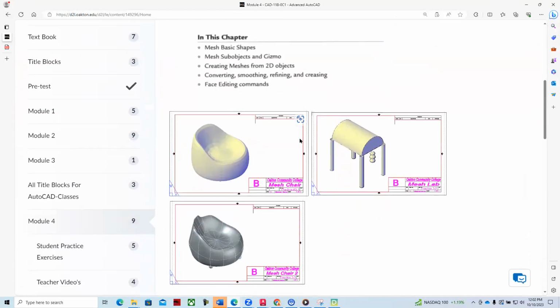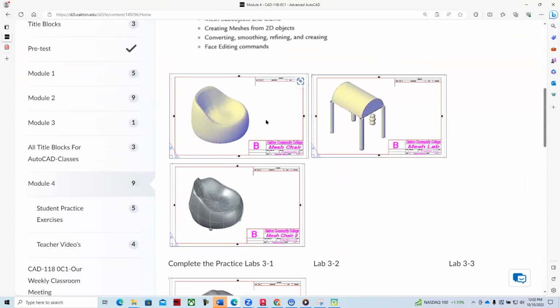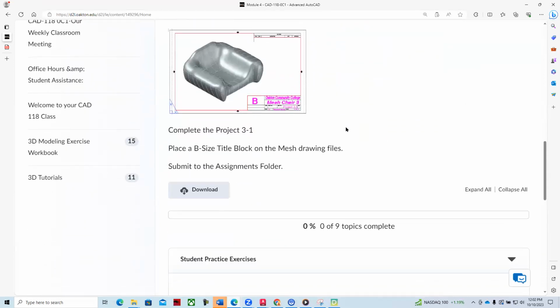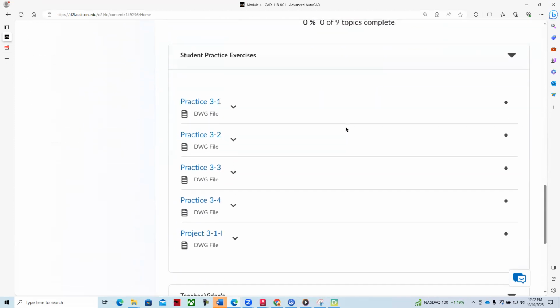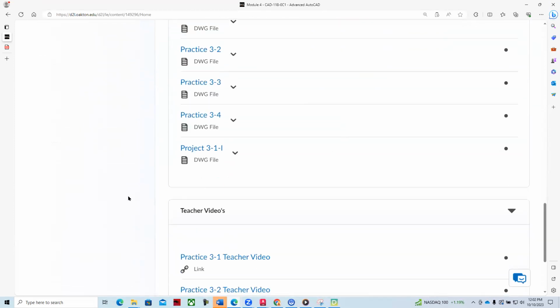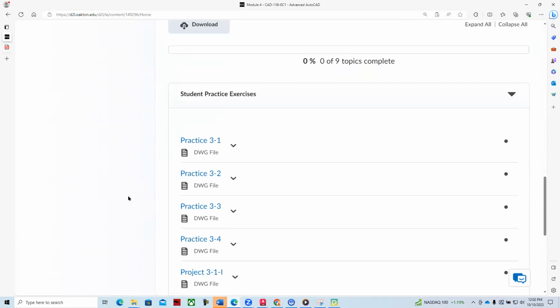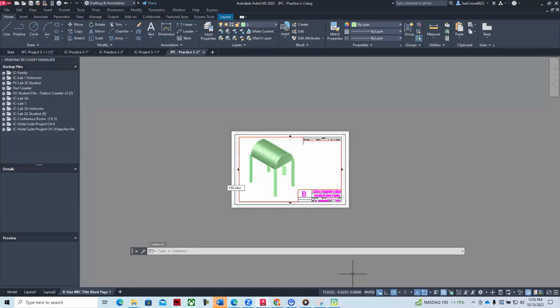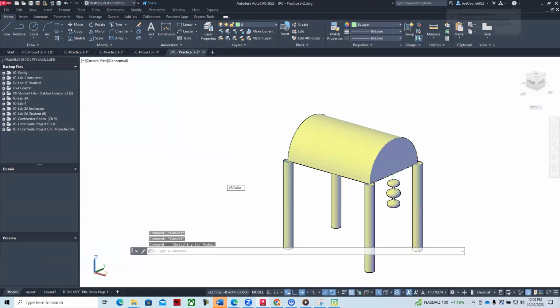So as we work with meshes, we're working with creating these different mesh files. And then we also look at what they call surfaces. And so prior to meshes, we were creating everything with a surface. And the surface commands were things like rule surf and surf tab. And so prior to the meshes created, we were creating surfaces. And so some of the exercises are geared towards creating surfaces, like this one right here, where we have an